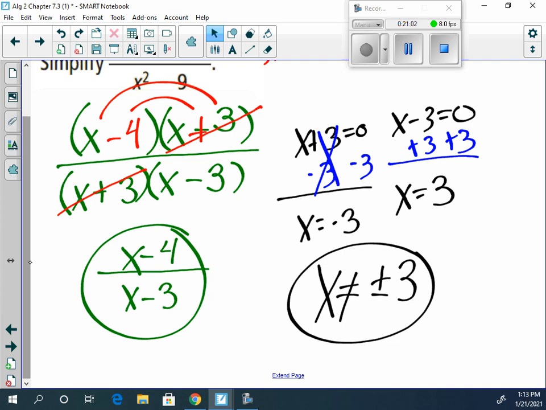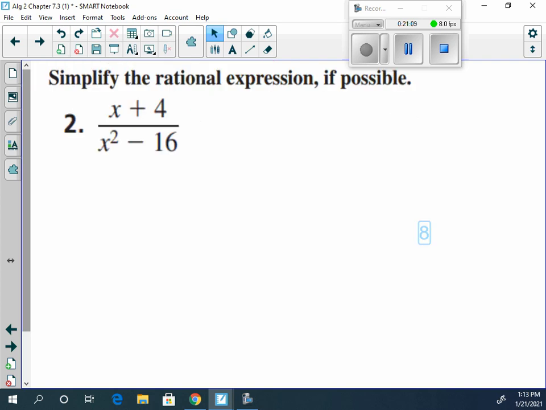Any questions on any of this here? Okay. Now, if you notice on a lot of these here, we've had plus and minus as our restrictions. It's not always going to work out that way. It just worked out that all these problems have perfect squares in the denominator, which kind of made it nicer. So if we look at this here,